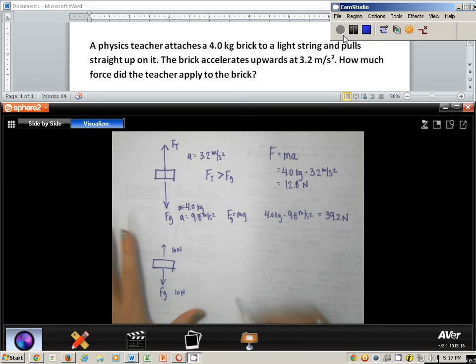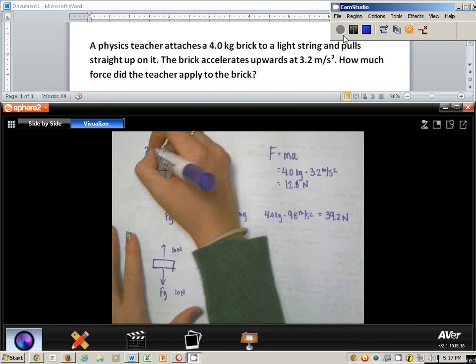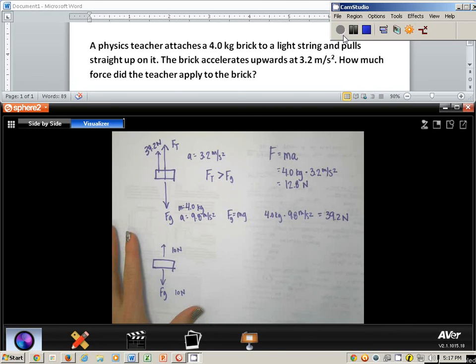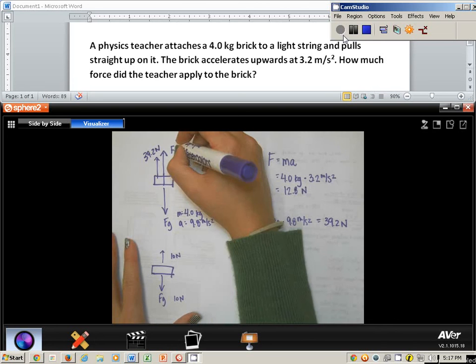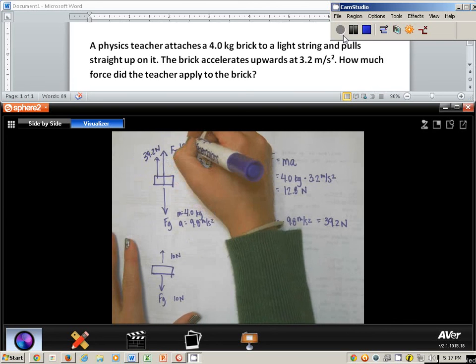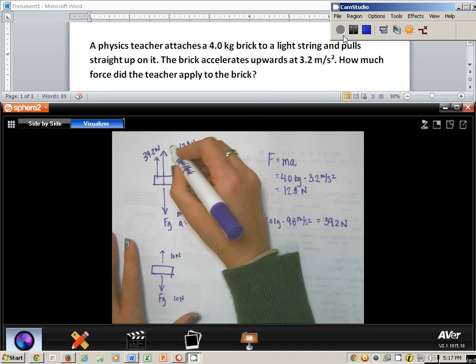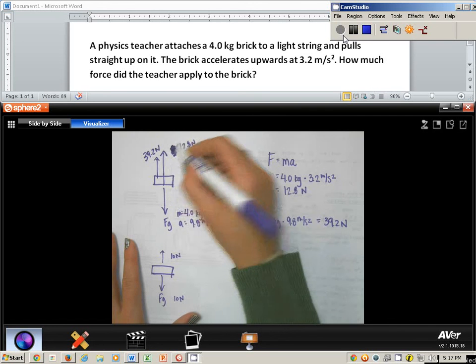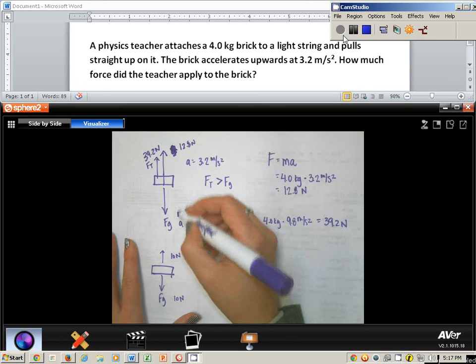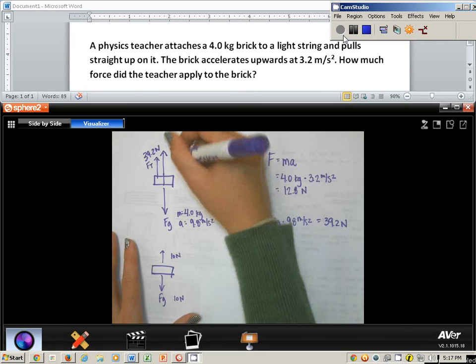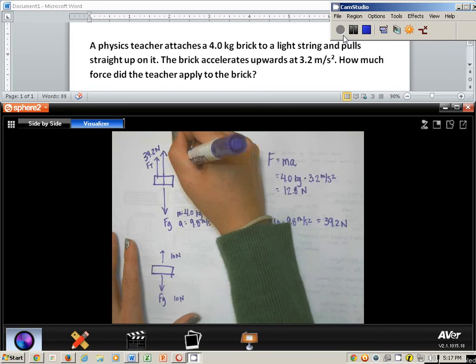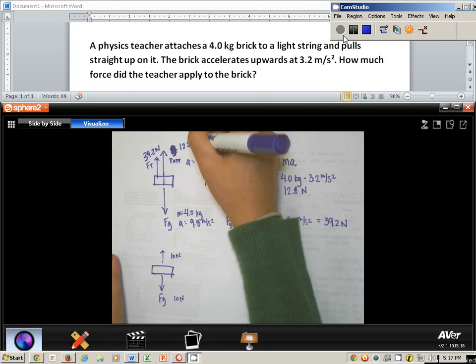I have to be pulling up with 39.2 newtons, but I also have to be pulling up with 12.8 newtons in addition to that. So I have a tension force and I have an applied force. And how I've got it written, now that I put the words in there, doesn't do me justice. So the tension force on it is 39.2 just to oppose gravity. And then I have an applied force of 12.8 newtons in order to get it to move with an acceleration